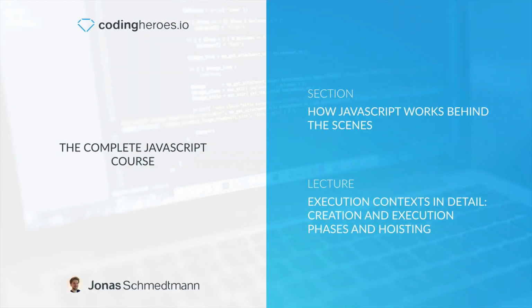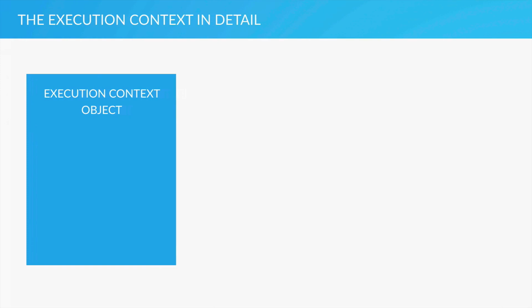Okay, so in the last lecture, we have seen when a new execution context is created. But what about how exactly that happens? So let's talk about that right now. Let's start by creating a representation of an execution context so that we can have a bit more detail about